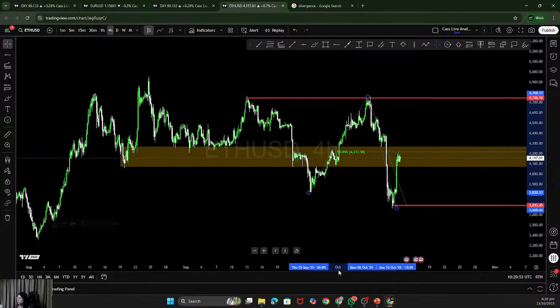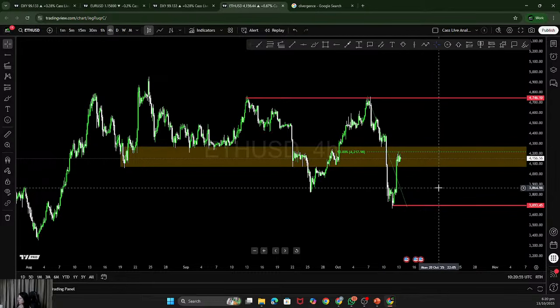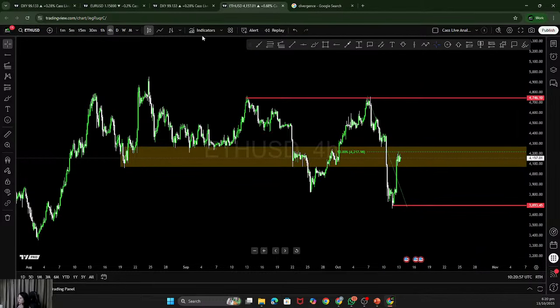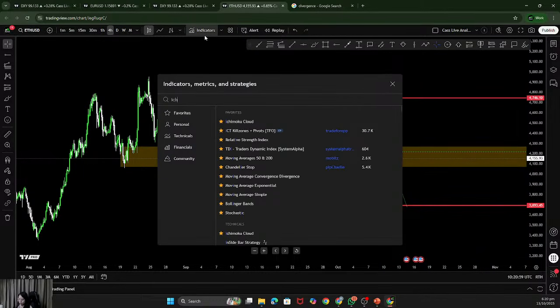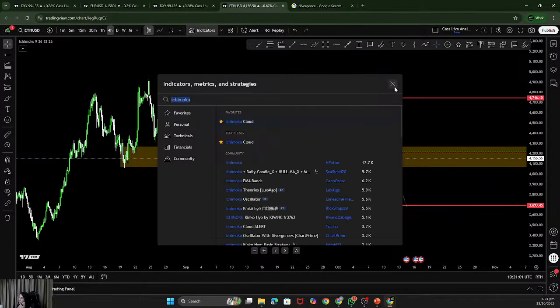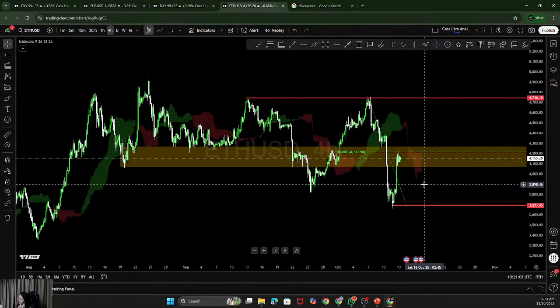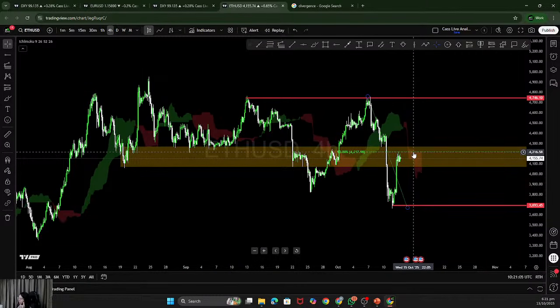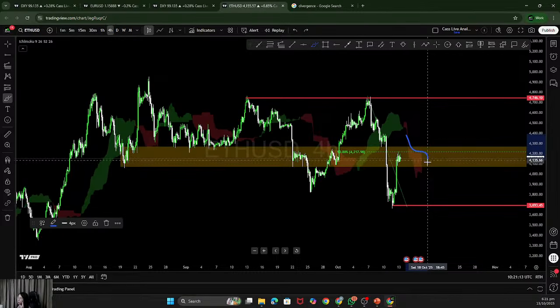Nope. There's resistance here on the 50%. So it could just be here. Do you see that cloud? Okay, so the cloud works as some